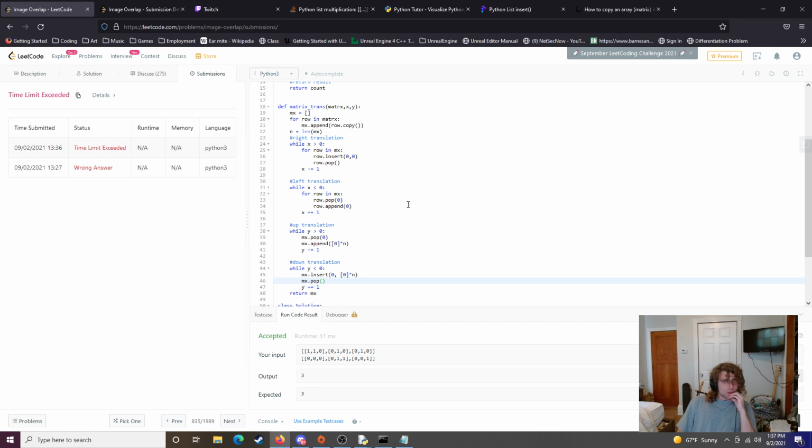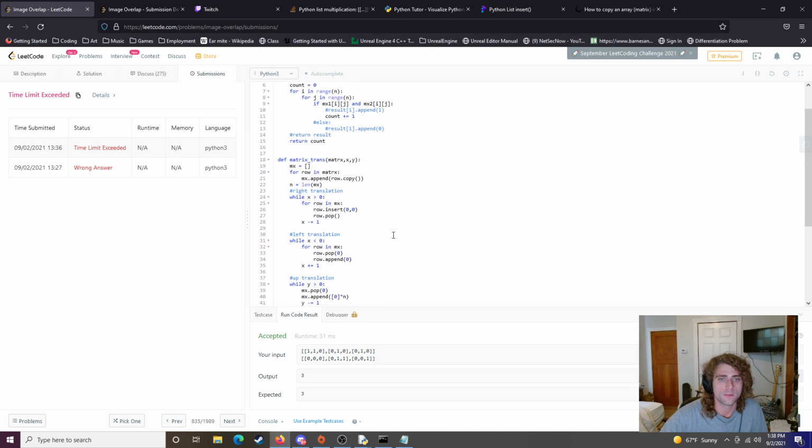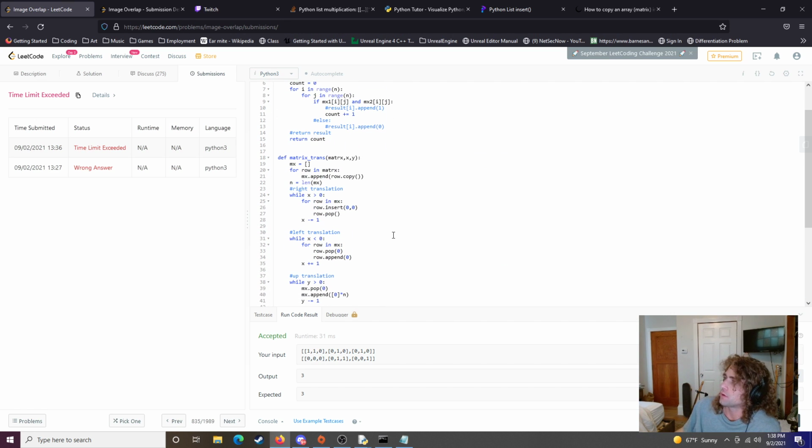So the rows, well, right. So what we could do is just do list splitting, where if we need to translate up more than one, instead of popping those all off individually, we could just say... for X is probably more important even. So we're going through every row there and doing that. What we could do is say